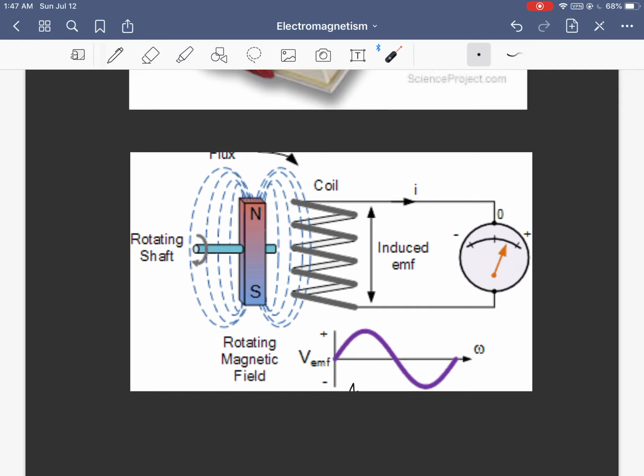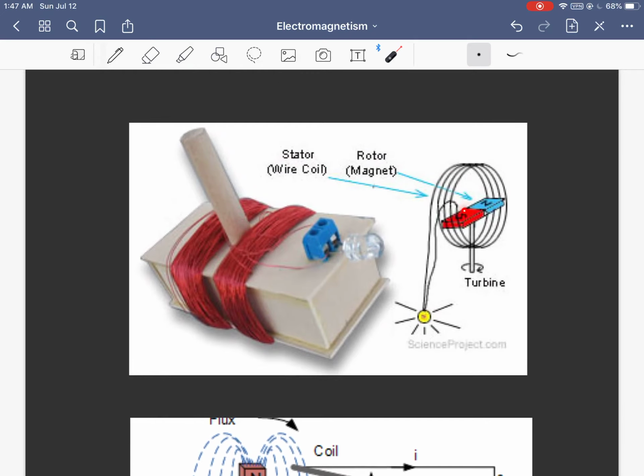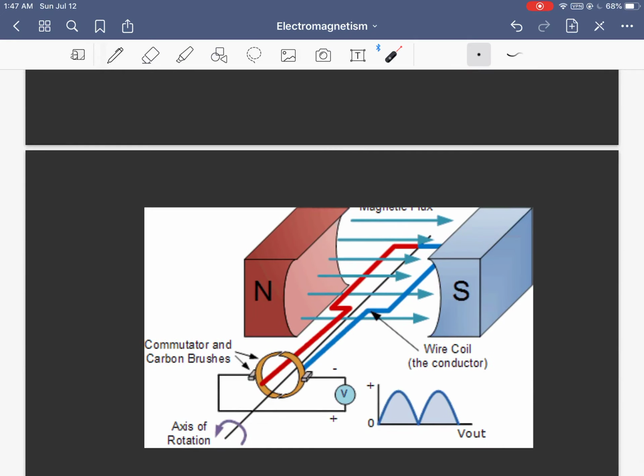Now, there's another way of making a motor. Rather than spinning a magnet, you can actually spin the wire itself and keep the north and south pole sides at the same point, and you'll actually get the same type of voltage curve. That might be strange because I told you before that it's moving magnets that will create electric fields, but here the